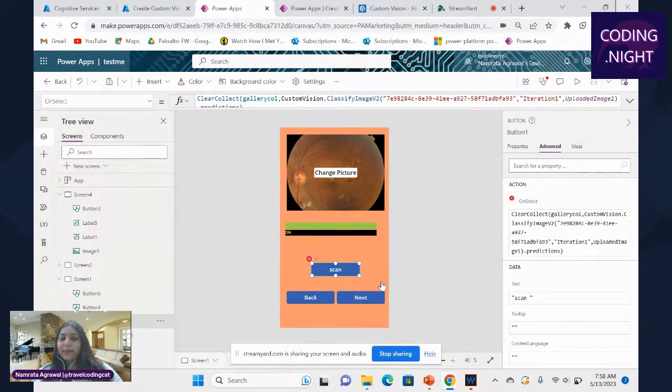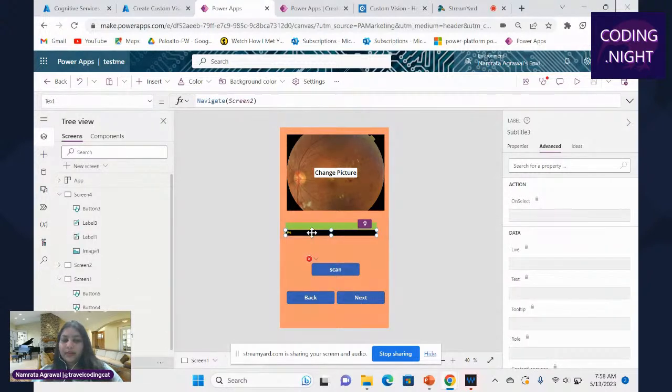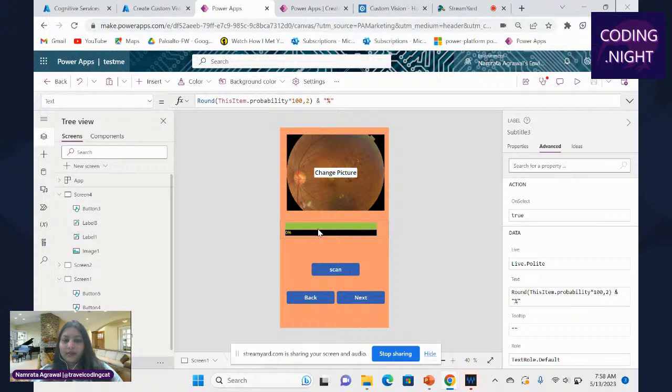And we go about this, and these are the navigations, and this is the low code telling you to give the results based on the probability.